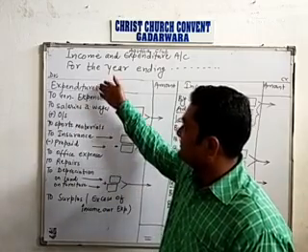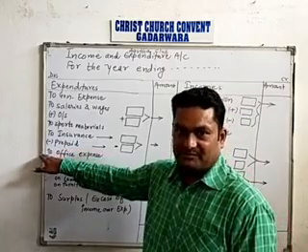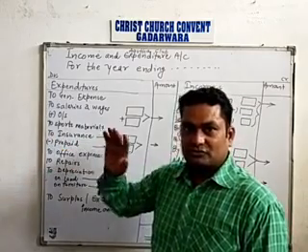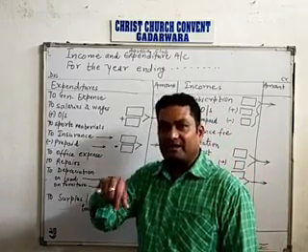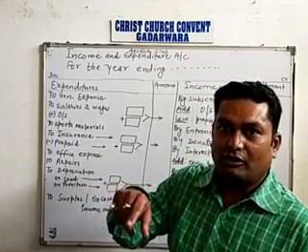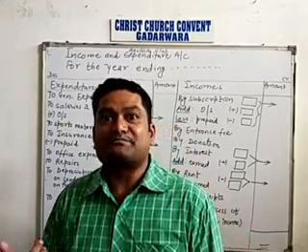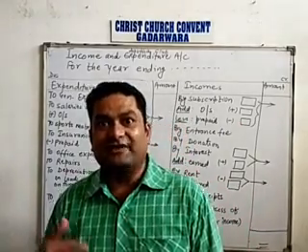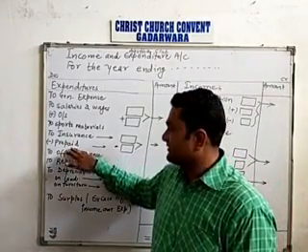Prepaid expenses are always subtracted, outstanding are always added to the respective heads. Sport material, this is an expense. Insurance, if prepaid is there, then it is subtracted, less. So you remember, all outstanding and unpaid are added, all prepaid, or prepaid means unexpired, which are carried forward for the next year, so they are always subtracted.